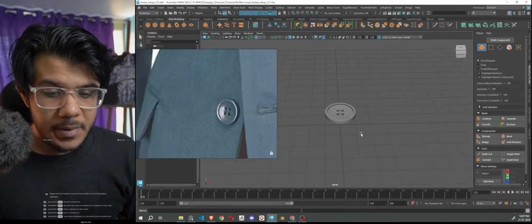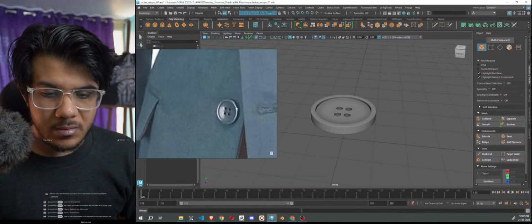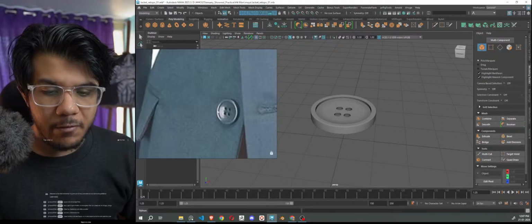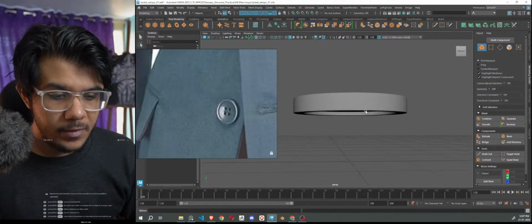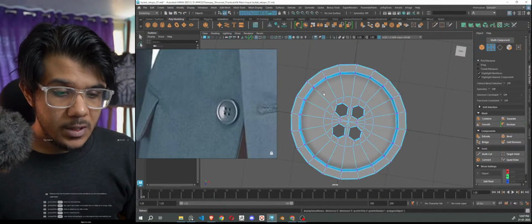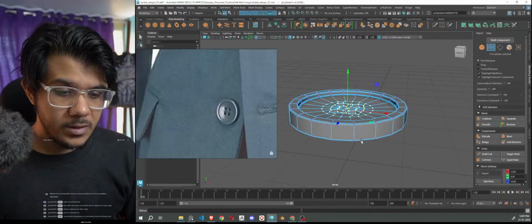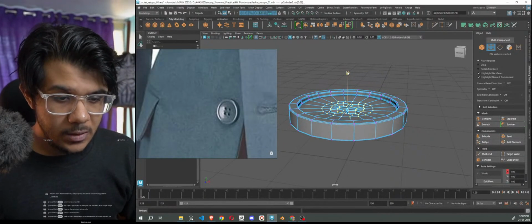So that is our button, and now you can see that there is a concave feel to it, concave lens feel to it. So in order to achieve that, let me select all the vertices in this part. Everything is selected. I will take the scale tool. I'll just scale them down a little like this,